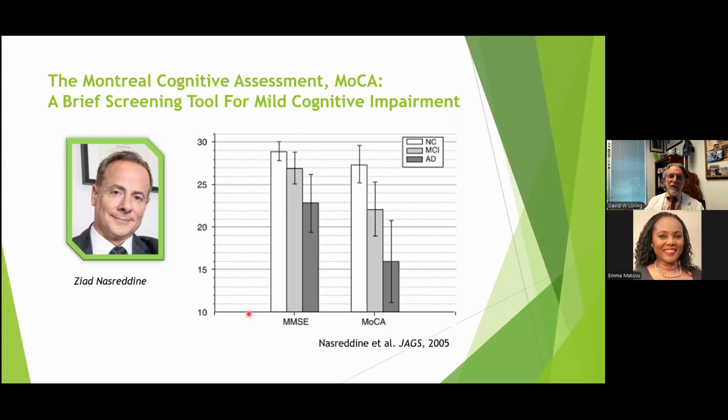These are clinical referrals for memory disorders. And you can see a couple of important things. First of all, there's only a couple point separation for the MMSE in performance between the controls and MCI, whereas this looks like it's like 5 or 6 points. Similarly, there's greater group separation between the MCI patients and the Alzheimer's patients. In both cases, you'll notice, though, there's still kind of a ceiling effect.